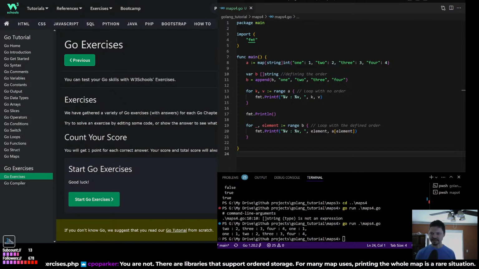There are libraries that support ordered storage for many map uses. Printing the whole map is a rare situation. Oh, okay. Thank you, I appreciate that, Walt. I figured you're going to pop these things in. That makes sense where you may not know all of the things in there. It would make sense for you to have to